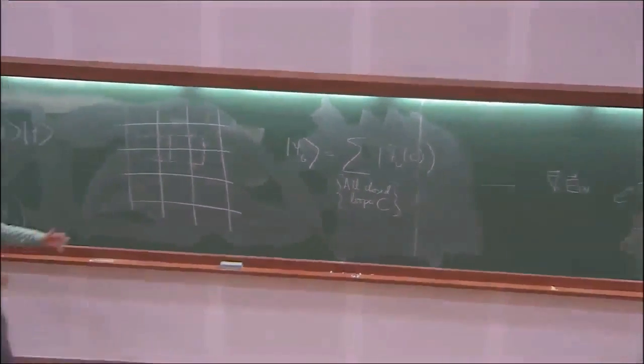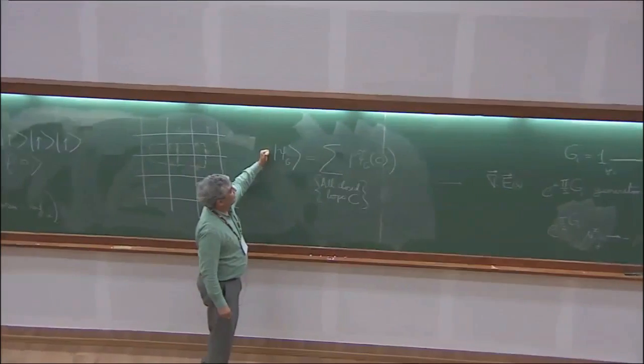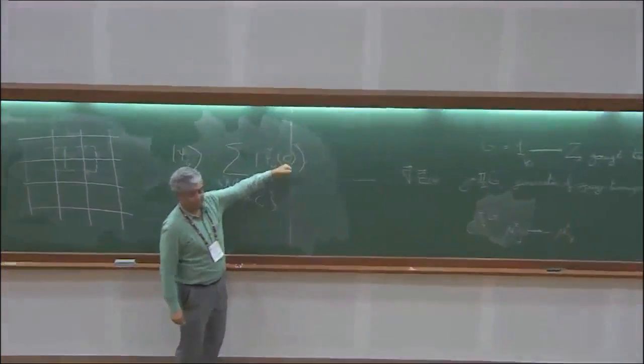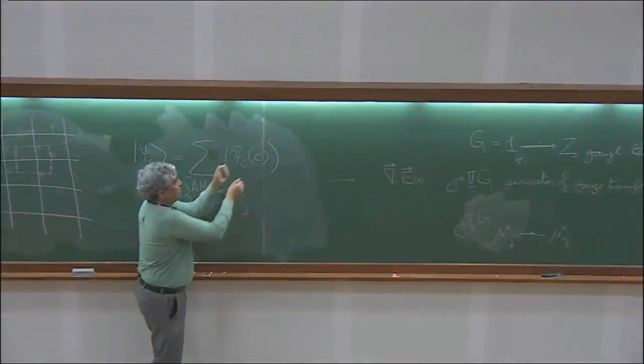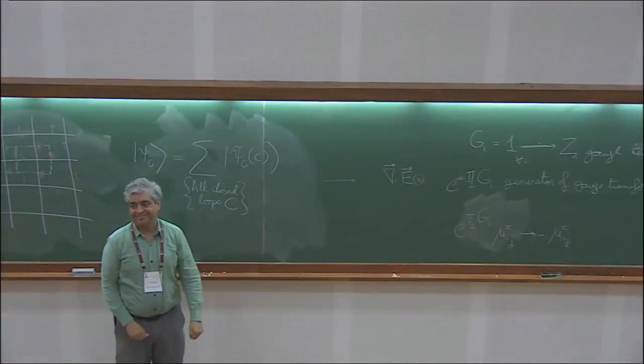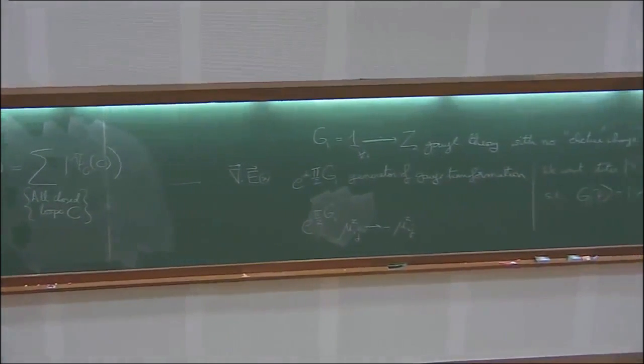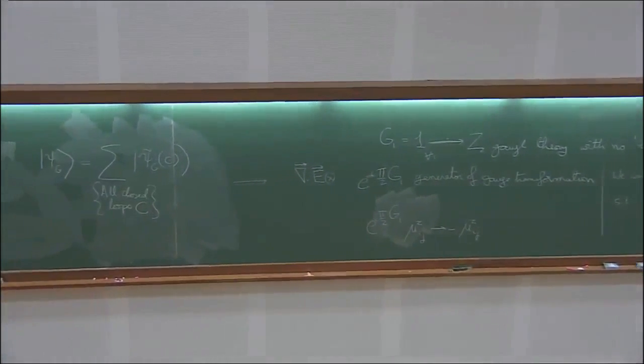The reason I want to sum over all of them is when I hit Gi on this state, it's going to take me from one loop to another loop. So it's just going to rearrange these terms. So the sum will come back to itself. Okay? That's the idea. Okay, that's at k goes to infinity.